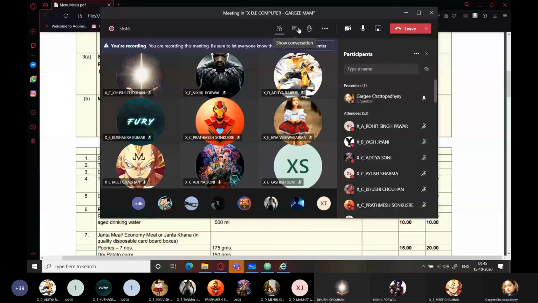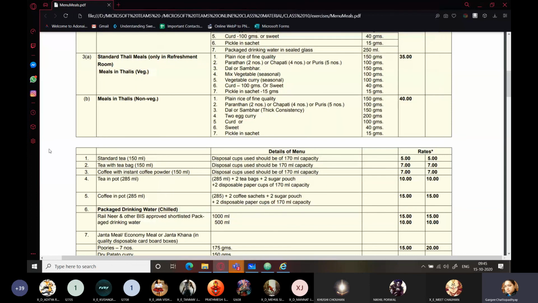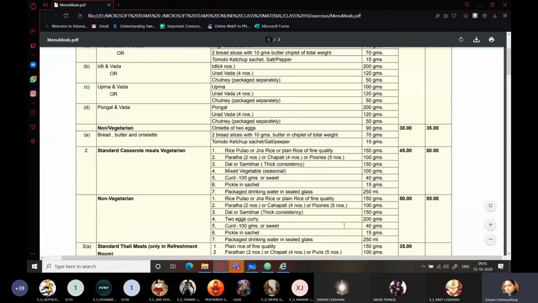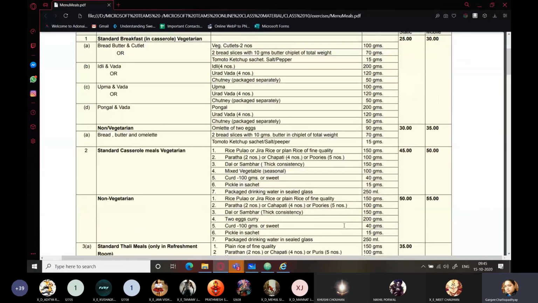Can I download it from here, or should I send it in the WhatsApp group? Okay, I'll send it in the WhatsApp group then. I'll send this so that you can also do something. You can apply your logic also and solve this problem of multiple options in a food item. That is the problem which we need to solve.